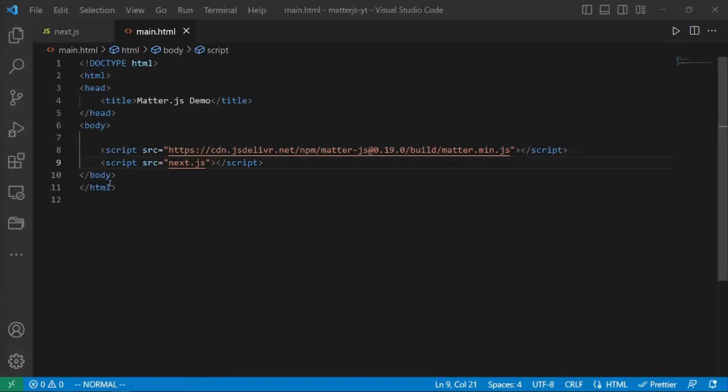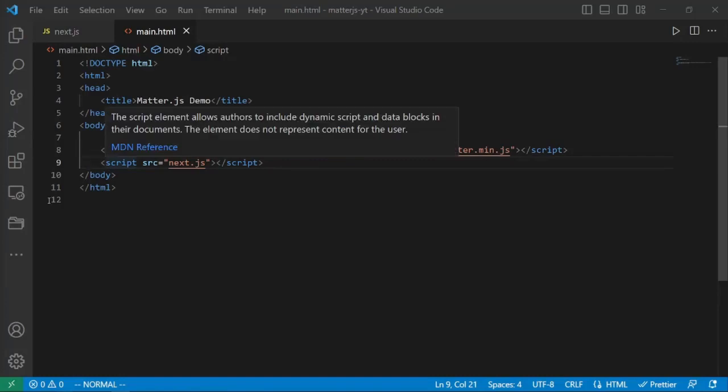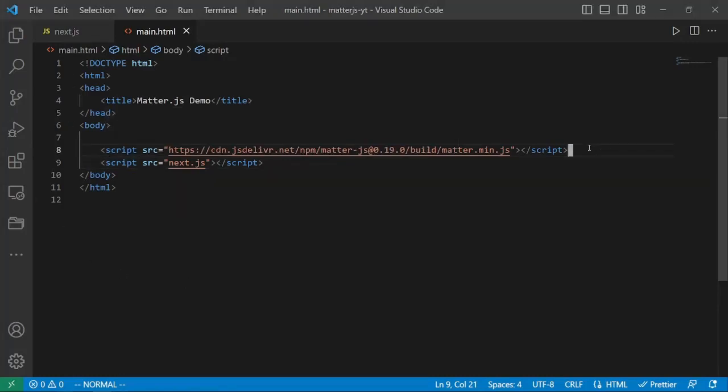All right, so for the installation, it's pretty simple. We just have boilerplate HTML, and then we have two scripts. One is the CDN. So there are various ways you could install it. You could use npm. You could download the actual matter.js library and then import it. But this is better. This is a CDN and it's a minified one. And then you have your script. Next.js, funny name. When I was playing around with working on the one that I would present to you guys, I was just naming things in various ways. So it's supposed to be name. Yeah. So the installation is very simple, just a boilerplate HTML, and then you have the matter.js CDN,